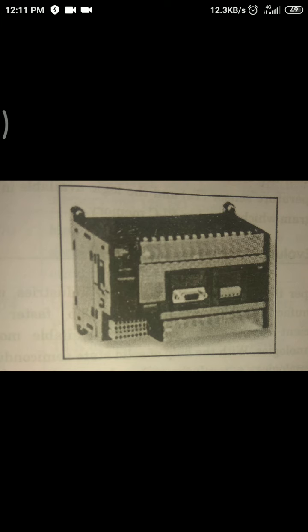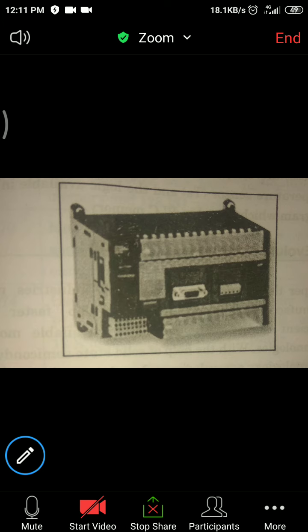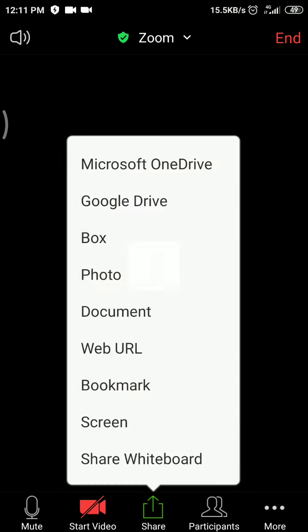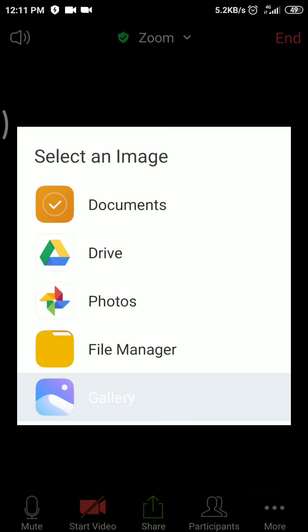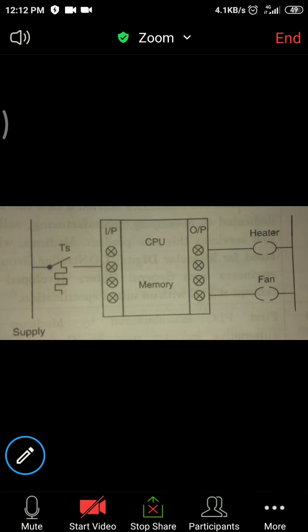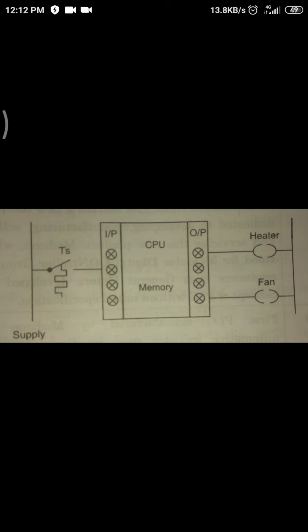Okay, so let me share the internal concept of PLC. See the diagram that I've shared. As you can see, at the center there is the CPU or memory of the PLC. Again, the input module is there, and the output module is there. Whatever inputs you have are connected to the input module.